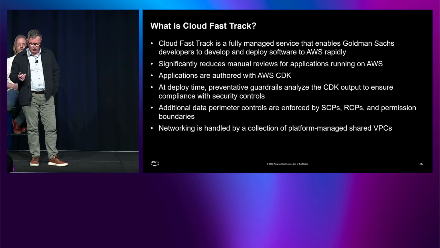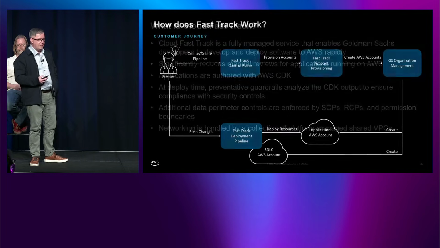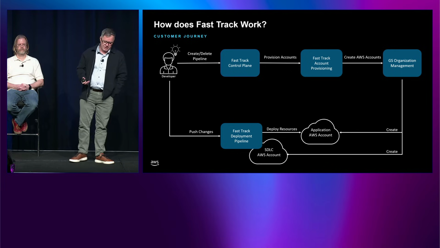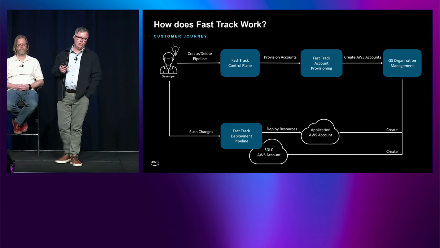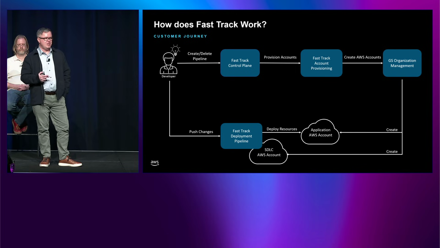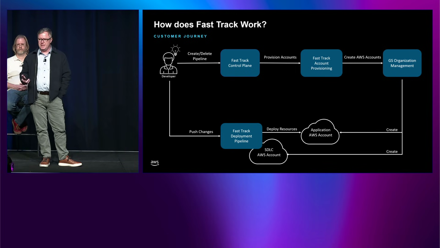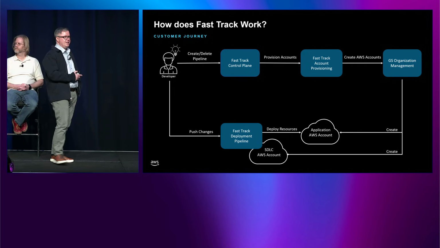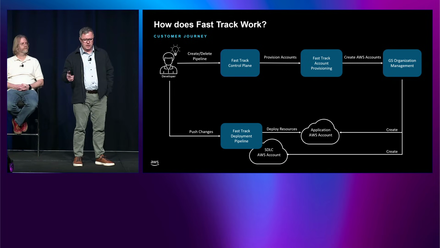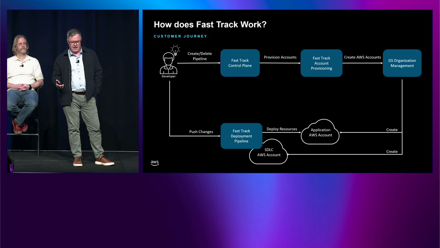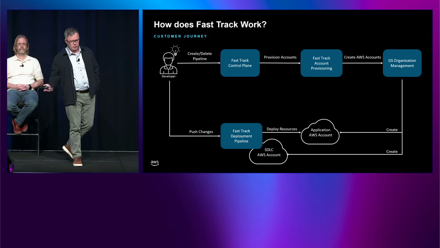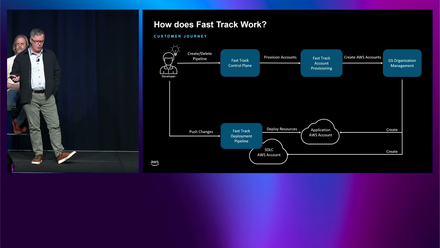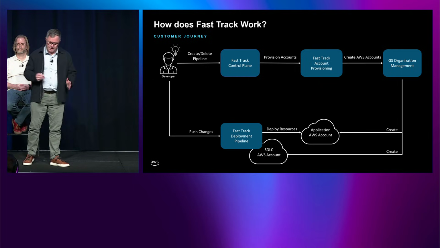Let's take a look at what the workflow looks like. When a user requests an environment, this is all self-service, by the way, anybody can come in and request a new environment. And when we do this, we provision two accounts. There's one account that is your service account, and this is the target of the CDK application. So all resources in that CDK application are going to be deployed to the service account. The other piece is your pipeline account, and this pipeline account is going to be exclusive to that service account, and this is going to run an AWS CodePipeline that is going to deploy your application to the service account, right? Both these accounts are associated with an OU in our organization,